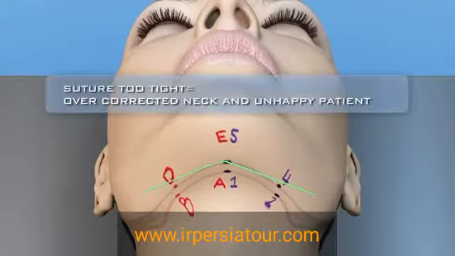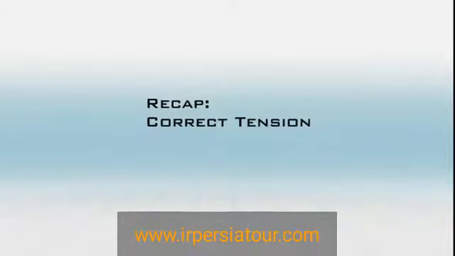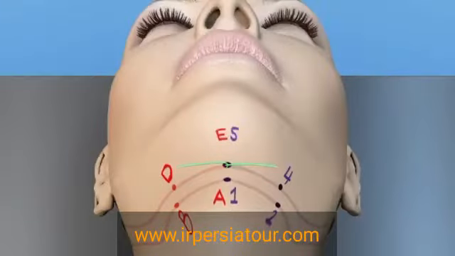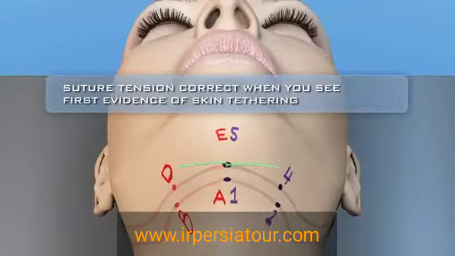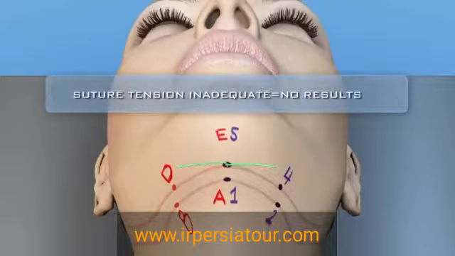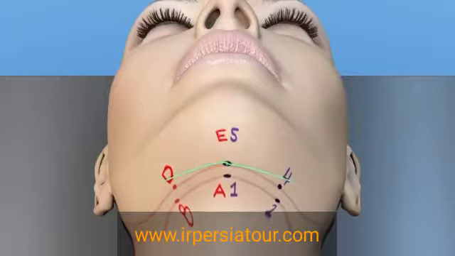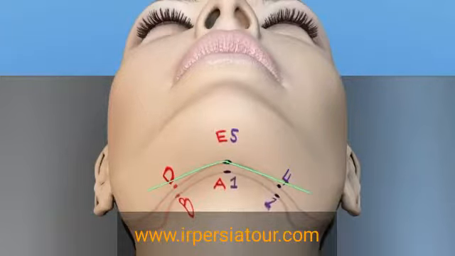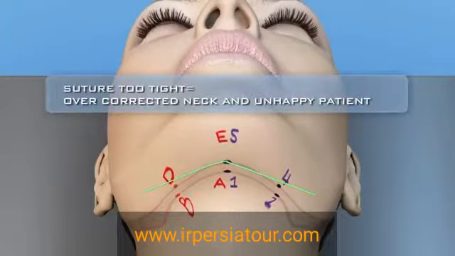procedure. If the suture is too tight, the patient will have an overcorrected neck and will feel a sense of tightening as he or she flexes the neck. If it is under tension, then there will not be any evident results, and the patient will not be happy with the operation either. So the point at which you have the perfect amount of tension is when you have